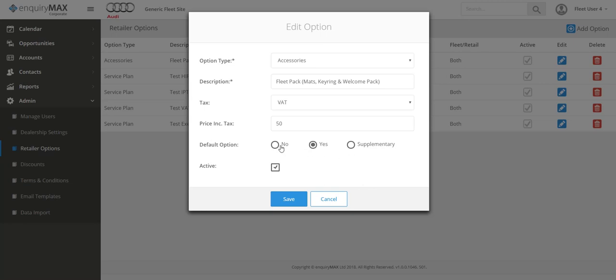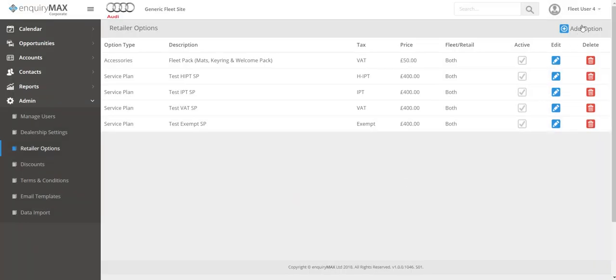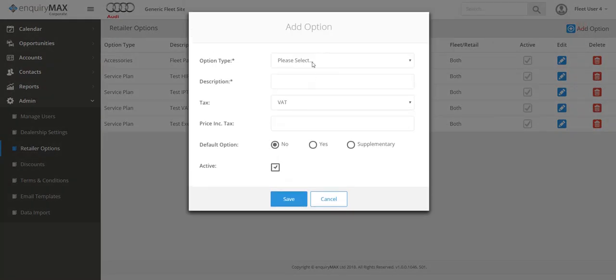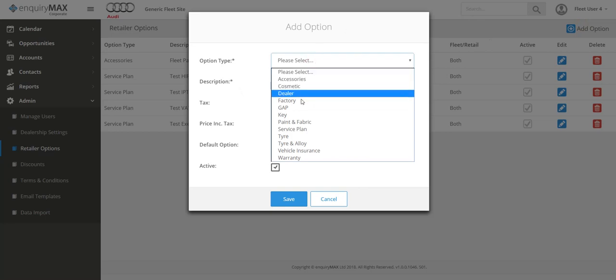If you set them to no, then it's very easy to just tick the box to add them into the quotation. You can set your tax rates, etc. So it's really easy to set up and then just set them as active. So just save that. Add a new option, obviously looks exactly the same. So if I just wanted to add in a,